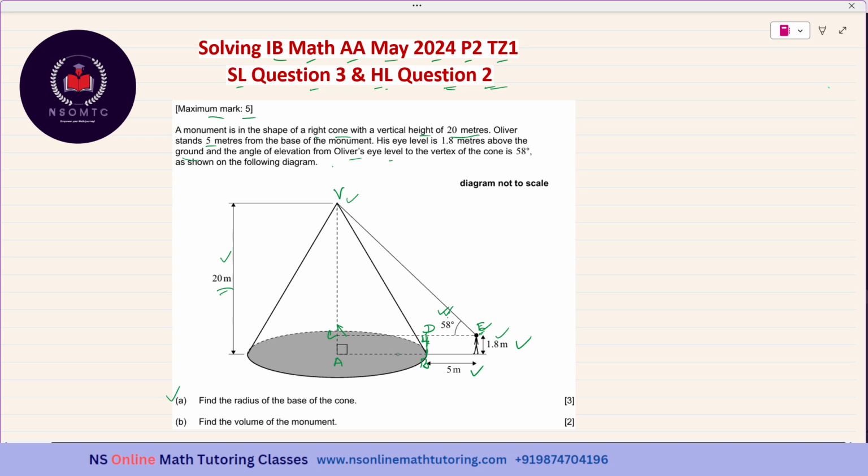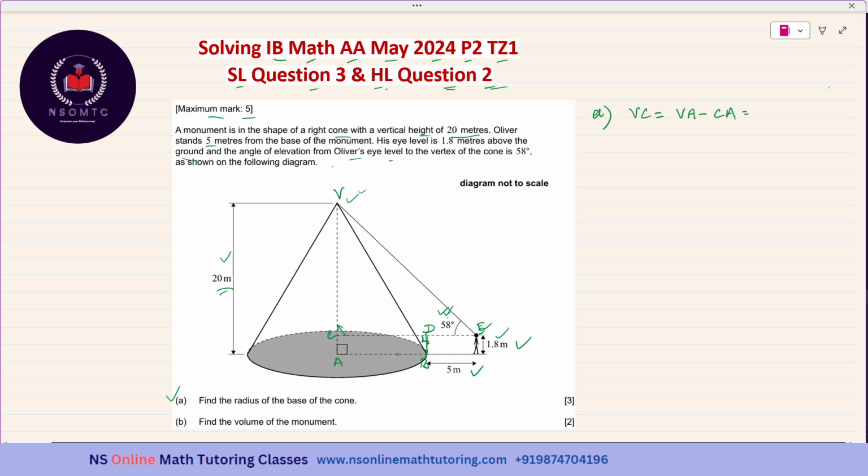So I will be considering the right triangle VCE. First of all, I get VC. So I'm writing VC is equal to VA minus CA,